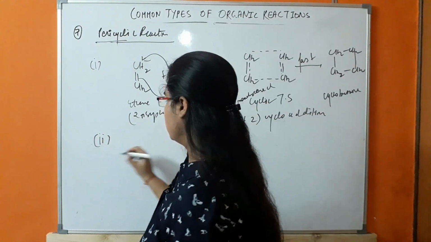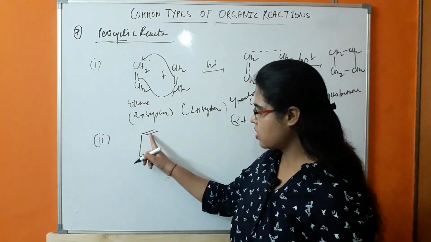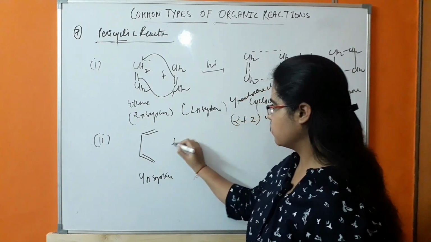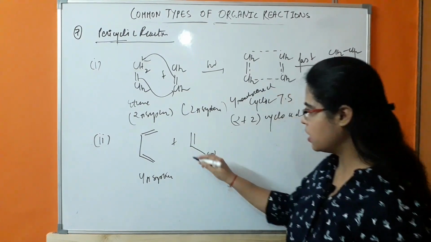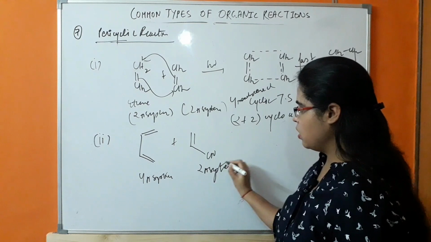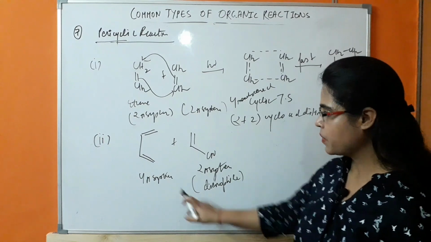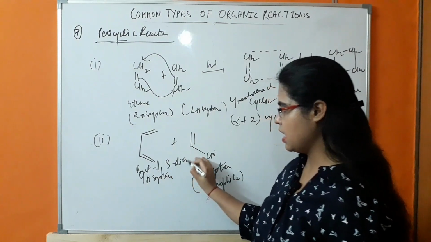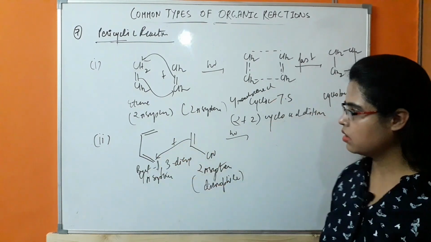Second example. This is the bond line formula. In this case there are 2 double bonds present, so this is a 4-pi system. And this is acrylonitrile, the common name of this system. In this there is 1 double bond present. This is a 2-pi system and is also known as dienophile. This is known as dienophile. This is a 4-pi system, IUPAC name 1,3-diene. So in the presence of light, this double bond will be shifted to this carbon,